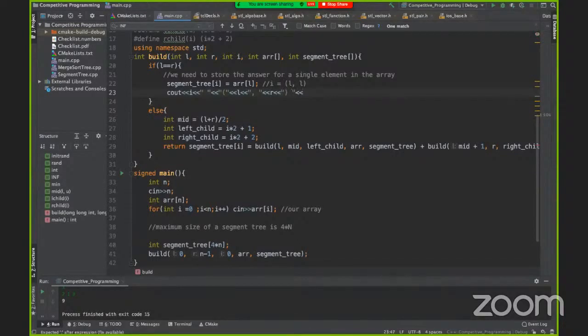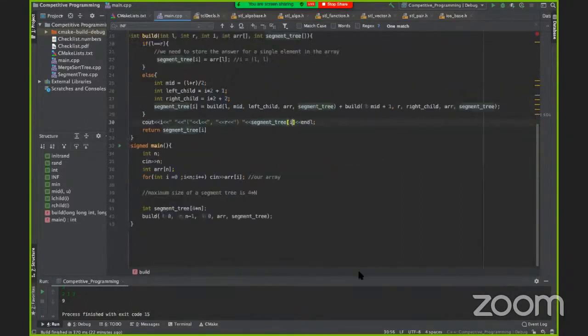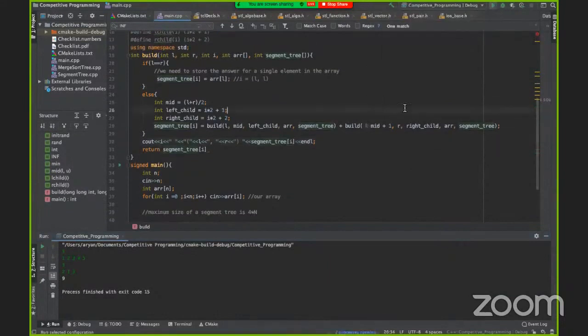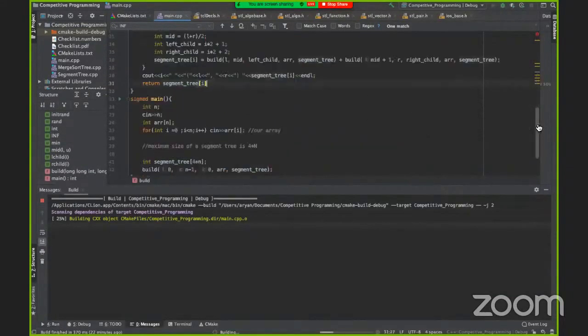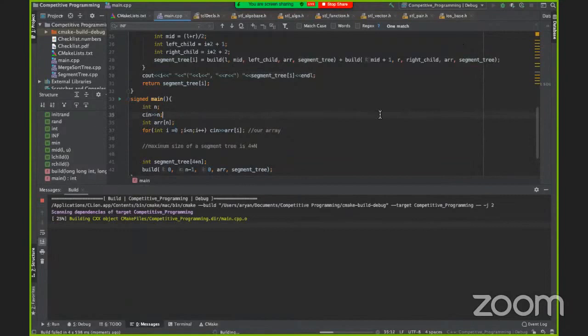And finally, we can print out the value it's storing. Okay, so let's try and run this. Sorry, there's an error somewhere. Oh, yeah, so let's try to run this and we'll analyze the output a bit.